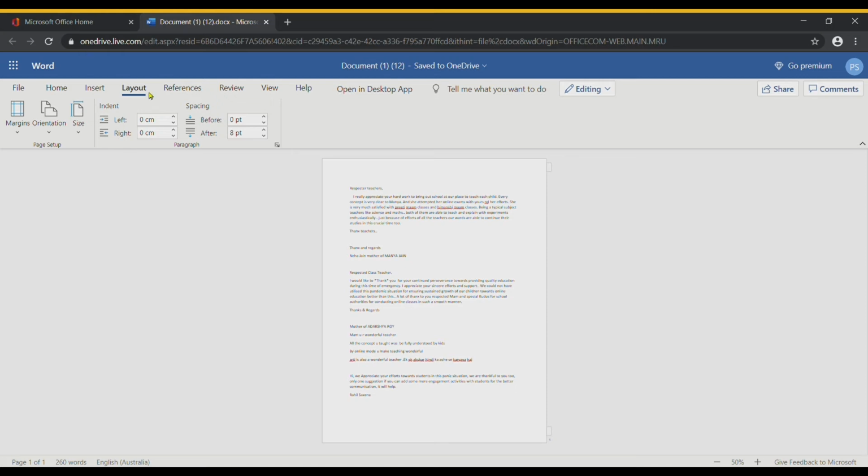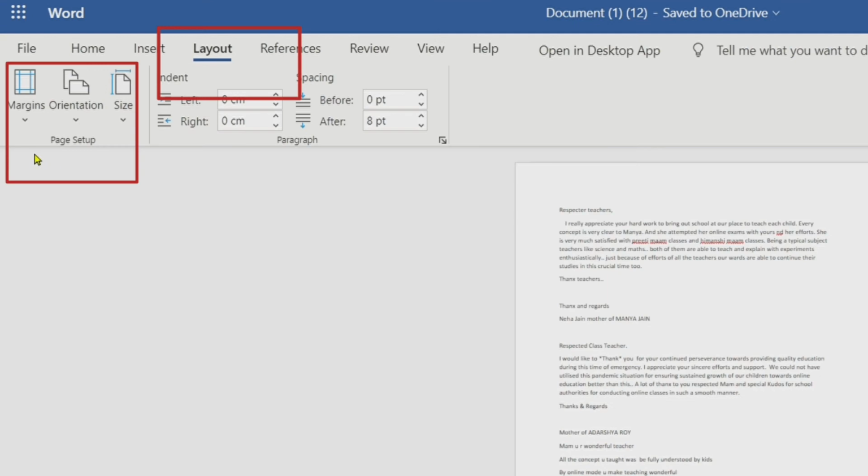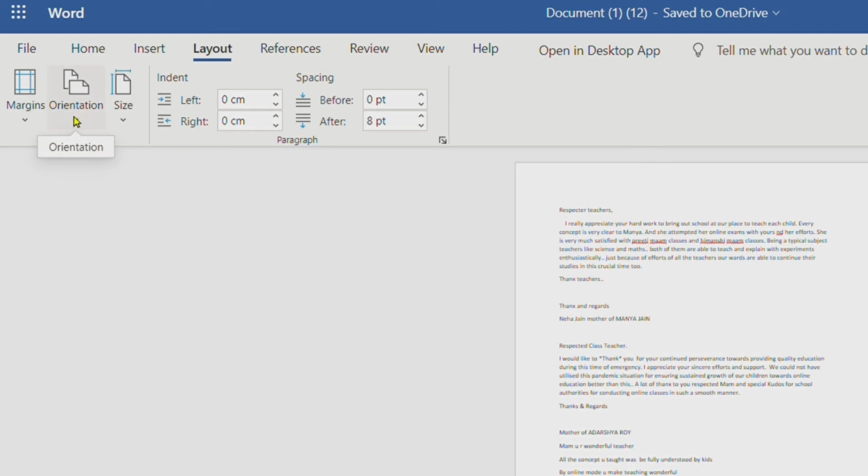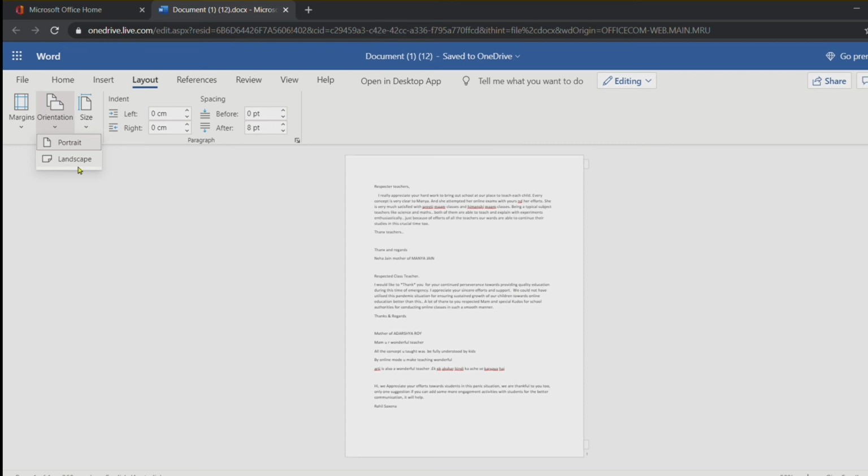So first of all, we have to go to the layout option, children. This is the layout option. Here in the page setup group, children, you have the orientation button. So when you click here on the orientation button, you have two options, children, portrait and landscape. I told you by default the page is in portrait form.